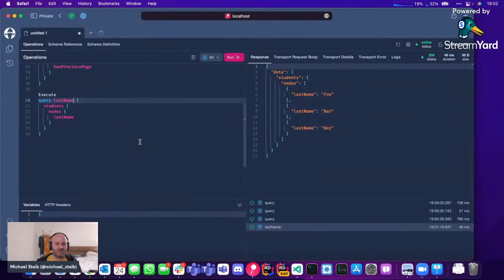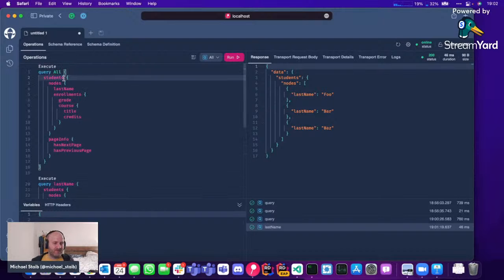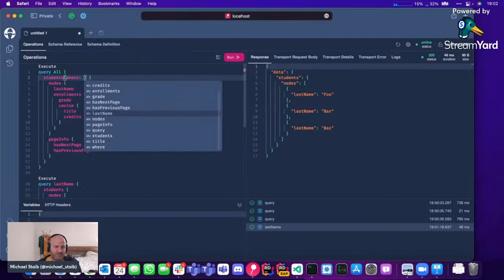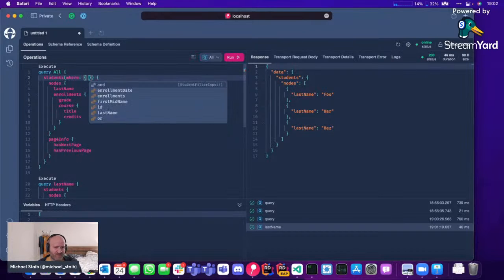Okay, so we've done that. But we also exposed all these filtering things. That means we actually can query into